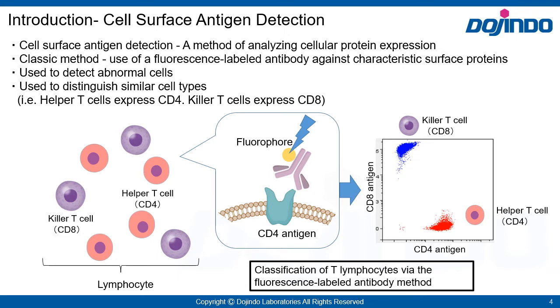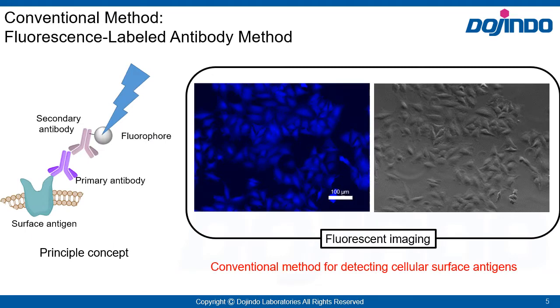However, the cells can be stained with fluorescently labeled antibodies that bind to either CD4 or CD8 antigens, which are specifically expressed on the surface of each respective cell type. With this method, we can fluorescently distinguish cell types based on cell surface proteins exclusive to the cell types. As the diagram illustrates, the conventional method, using fluorescence-labeled antibodies, involves indirectly binding fluorochromes to the cell surface antigens of